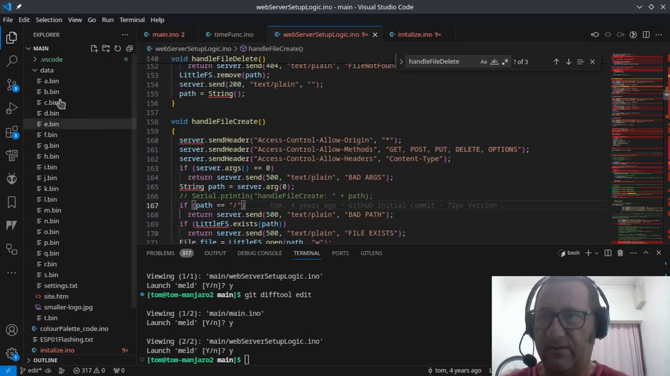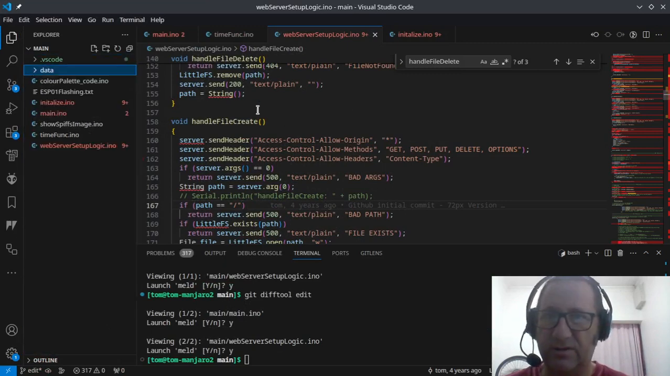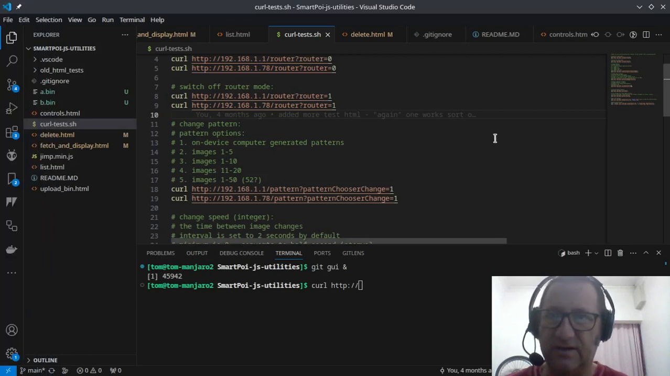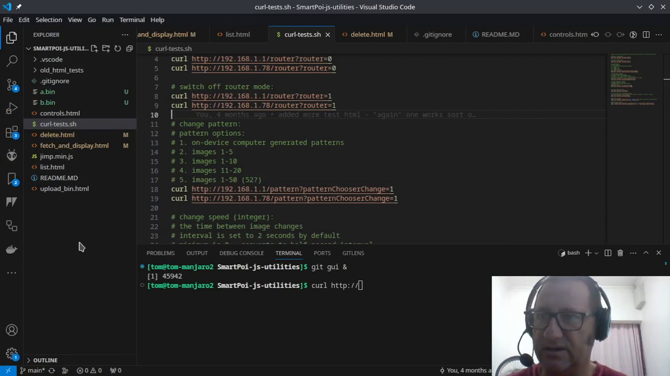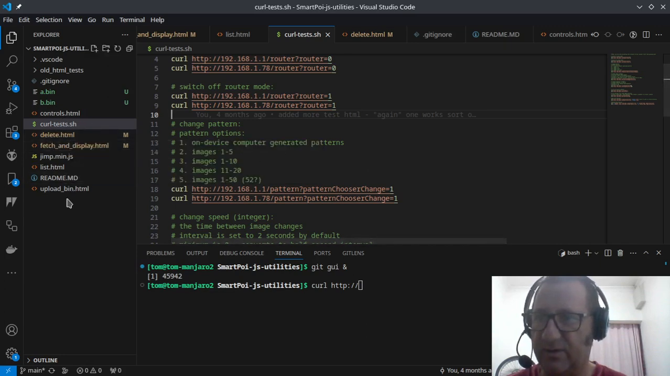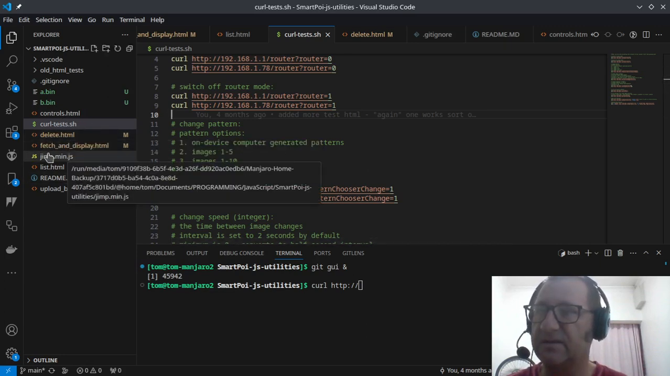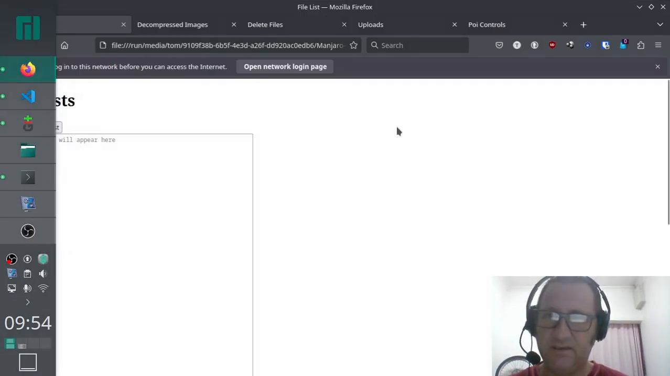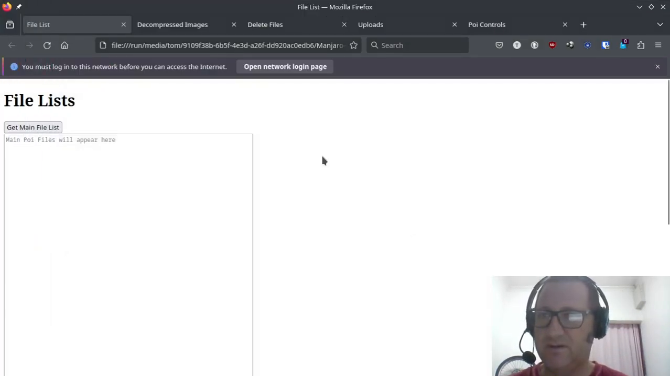We have a whole bunch. There it is. This is the SmartPoi JS utilities. So we have a whole bunch of HTML files, and I'm going to be looking at those, and this library file, which is necessary. Yeah, this is what it looks like. First one, this is the